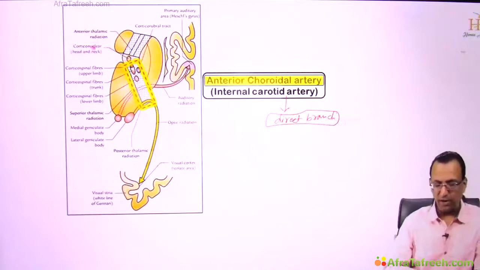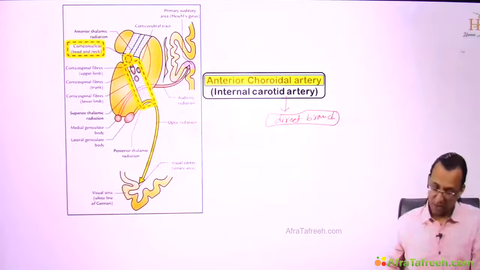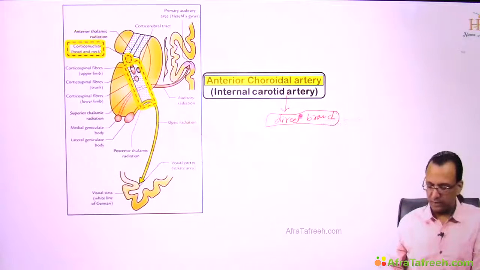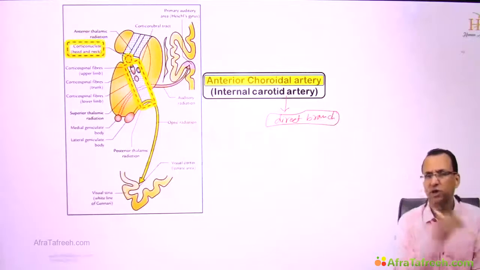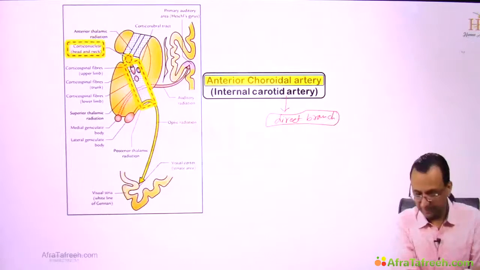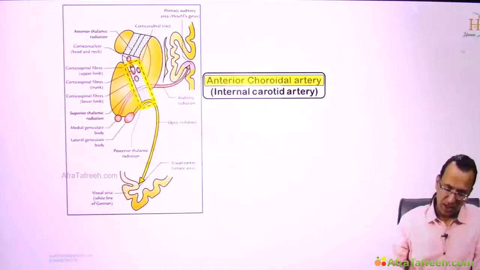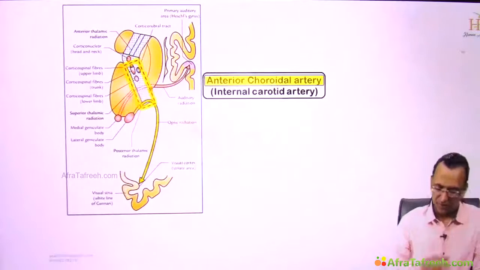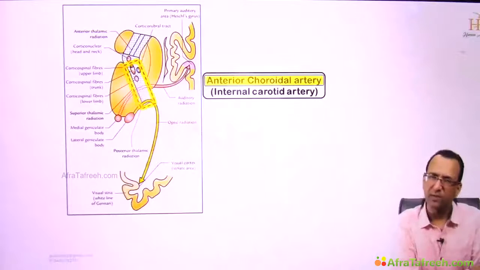Yes. So the corticonuclear tract is still working. Since internal carotid artery gave a direct branch towards the genu of the internal capsule, the corticonuclear tract is working. There is no sensory motor loss on the face, but it is restricted to the lower body, which could be upper limb, trunk and lower limb, depending on whether the anterior area or posterior area is involved. So that you remember. Internal capsule blood supply we'll discuss later as well.